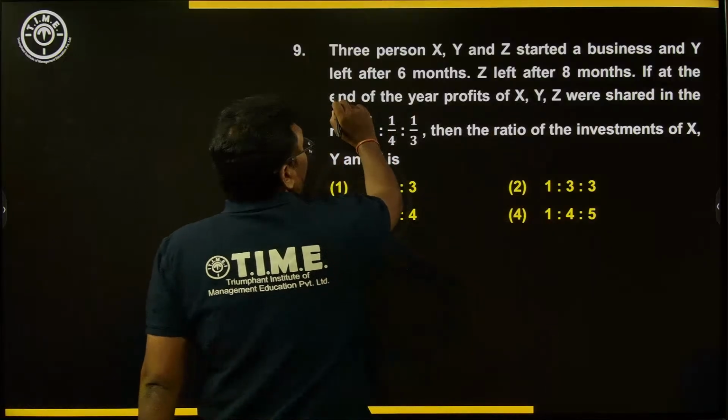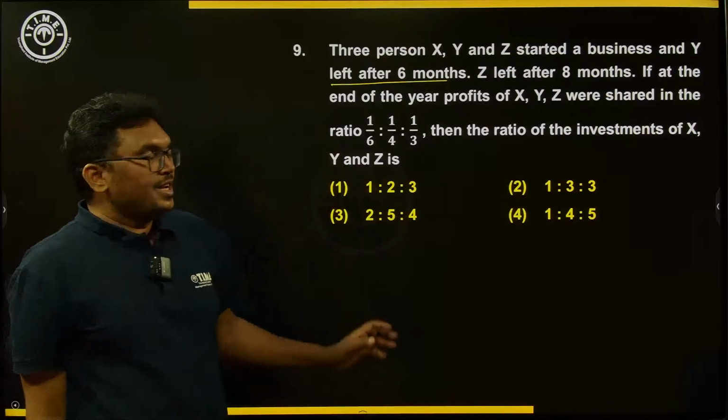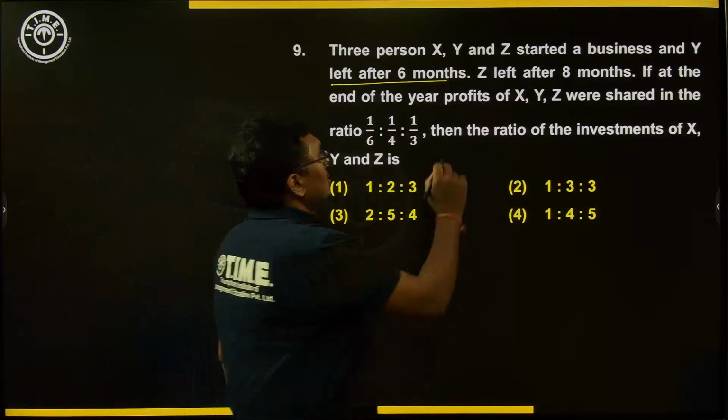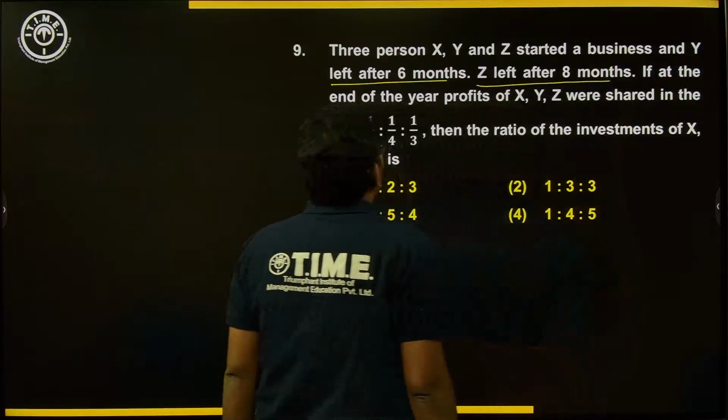Started a business and Y left after 6 months. So that means Y stayed in the business for 6 months. So Z left after 8 months. At the end of the year,